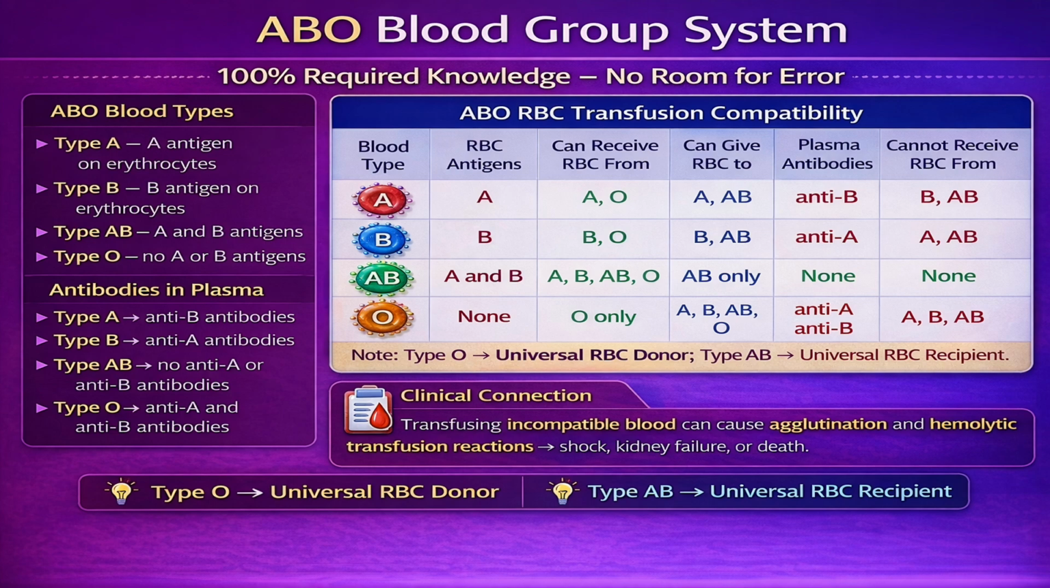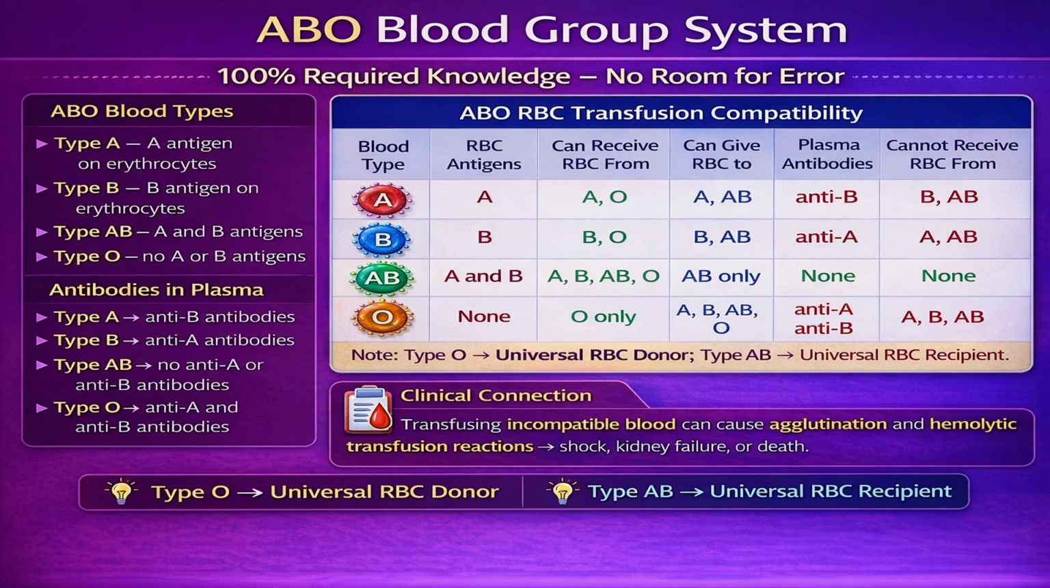These antigen-antibody relationships determine which blood types can be safely received during a transfusion. If a patient receives blood containing antigens that react with antibodies in their plasma, the red blood cells will clump together in a process known as agglutination. This reaction can destroy red blood cells and may result in hemolytic transfusion reactions, which can lead to shock, kidney